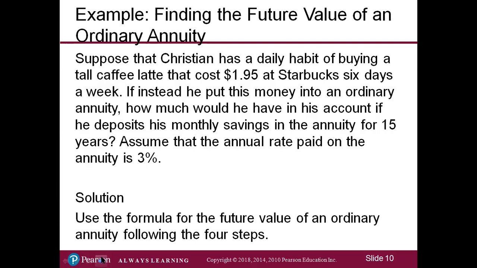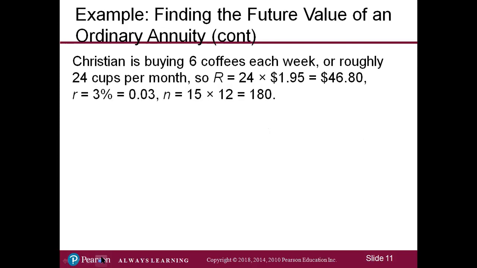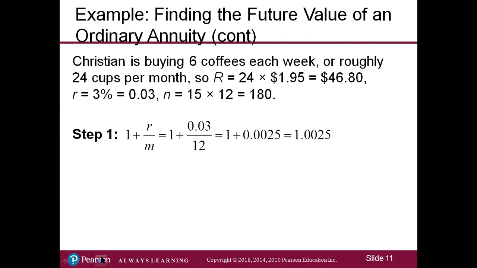Solution. Use the formula for the future value of an ordinary annuity following the 4 steps. Christian is buying 6 coffees each week, or roughly 24 cups per month, so R equals 24 times $1.95, or $46.80. r equals 3%, or 0.03. n is 15 times 12, which is 180. Step 1. Divide r by m and add 1, which gives us